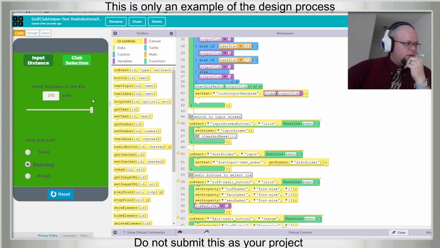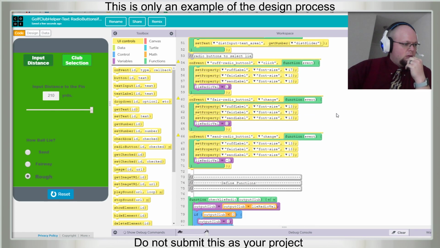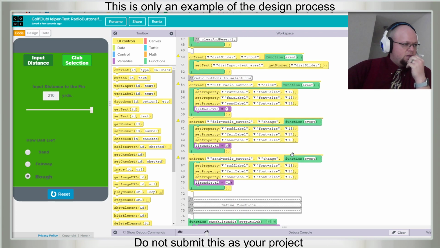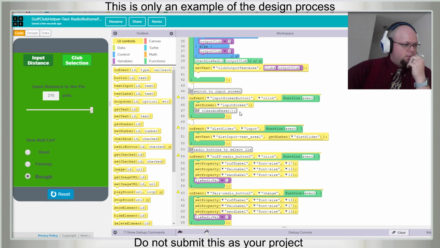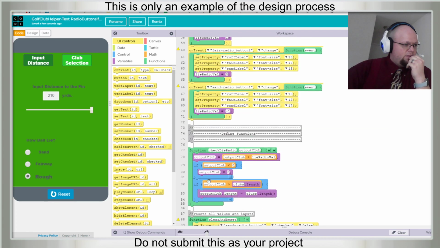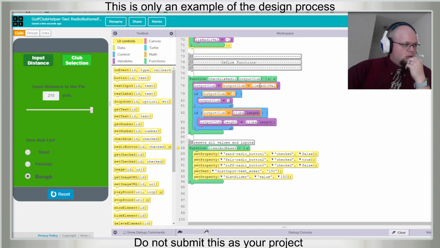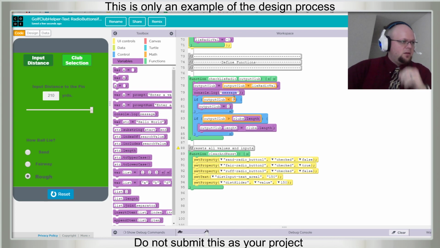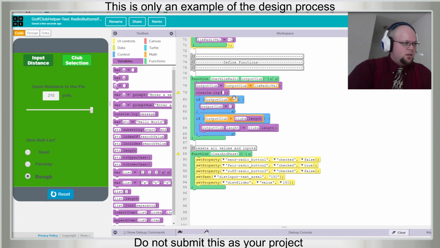We go back here. We go here. Club selection 3 iron. Go here. 3 iron. We have this. Rough should be +1. Lie radio val. Output club. It's output club plus lie radio val. Let's console log. It's really strange to try and break something and have it not break.